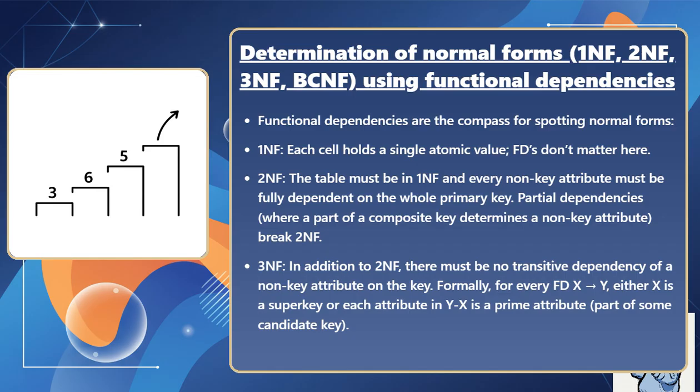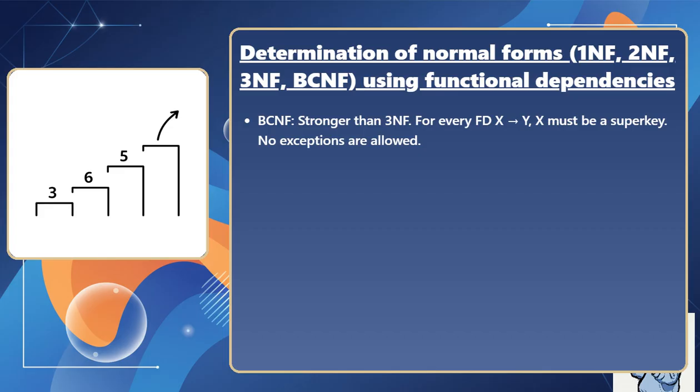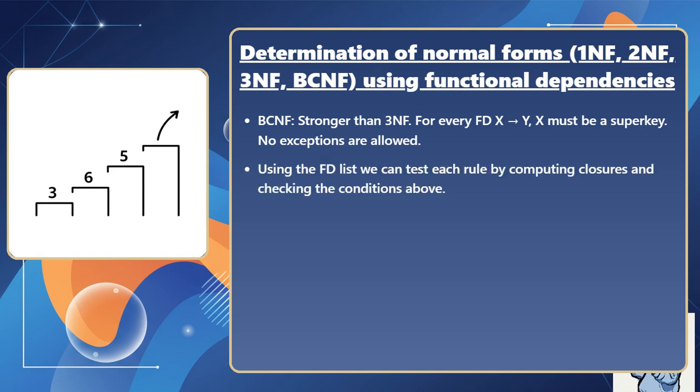3NF: in addition to 2NF, there must be no transitive dependency of a non-key attribute on the key. Formally, for every FD X determines Y, either X is a superkey or each attribute in Y minus X is a prime attribute, part of some candidate key. BCNF, stronger than 3NF: for every FD X determines Y, X must be a superkey. No exceptions are allowed. Using the FD list, we can test each rule by computing closures and checking the conditions